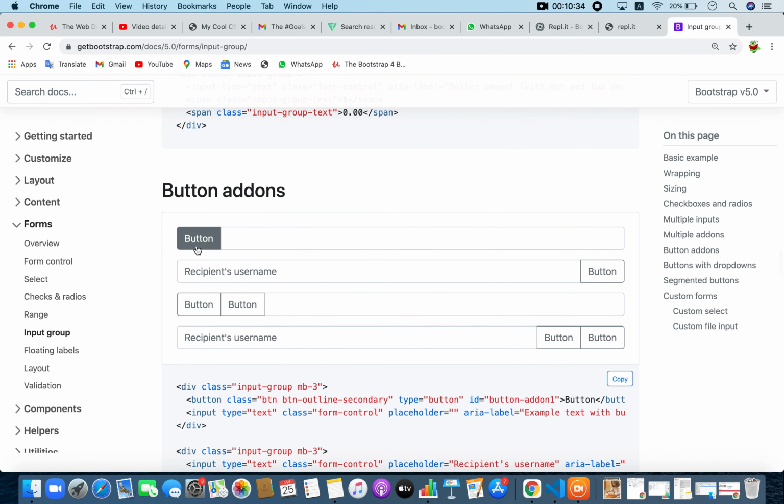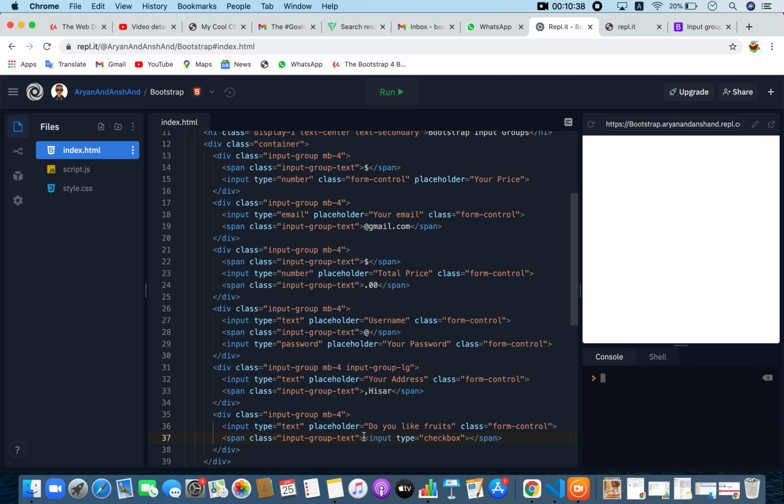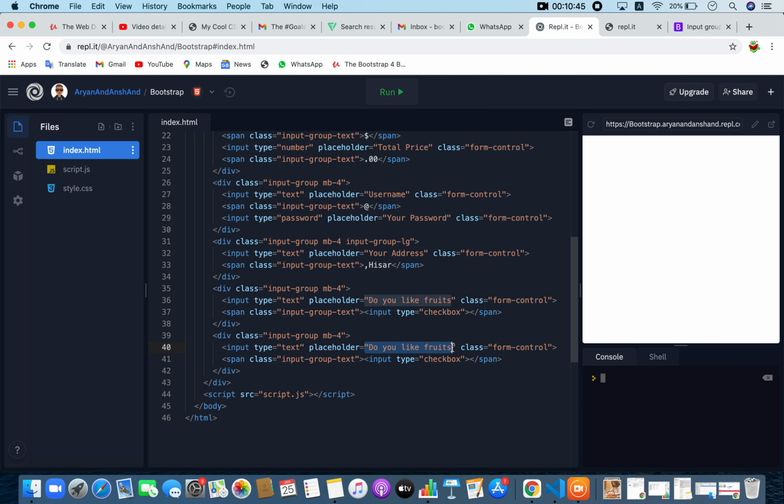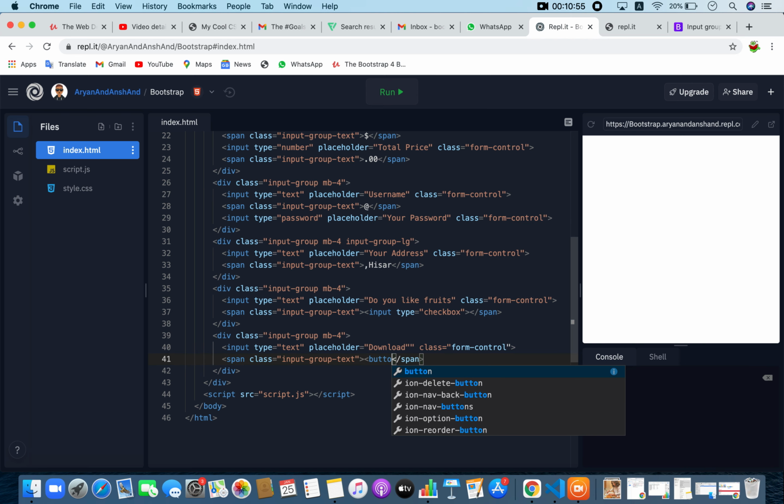Now you can also add buttons. For that, same way, I'll duplicate it. I'll do download. Inside this span, you just add a button.